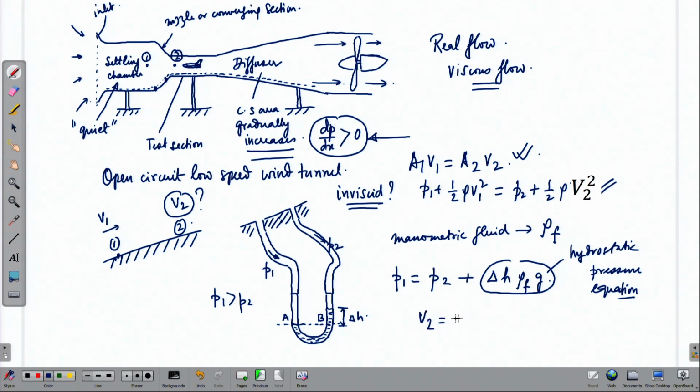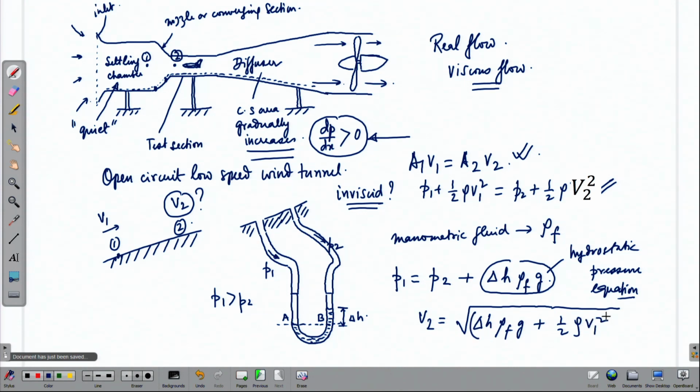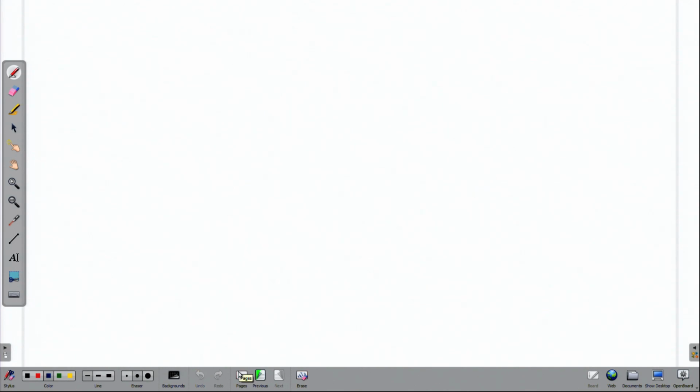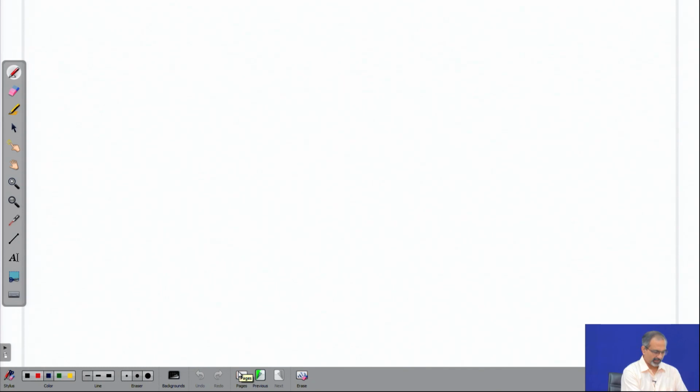So, that will come out to be delta H rho f g plus half rho v 1 square into 2 by rho. Try deriving this equation at home by making use of Bernoulli's equations between the points 1 and 2. So, we saw one more application of Bernoulli's equation here, and further, let us look at a very important experimental device